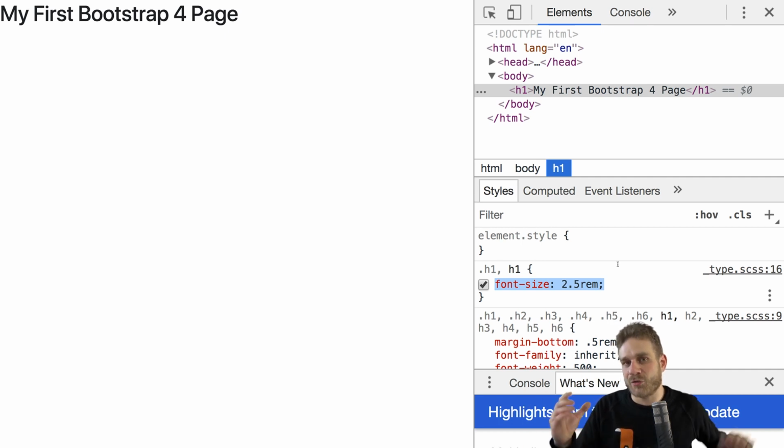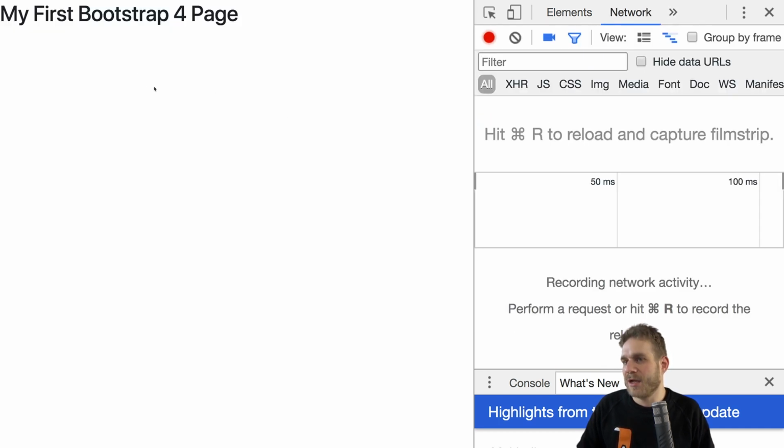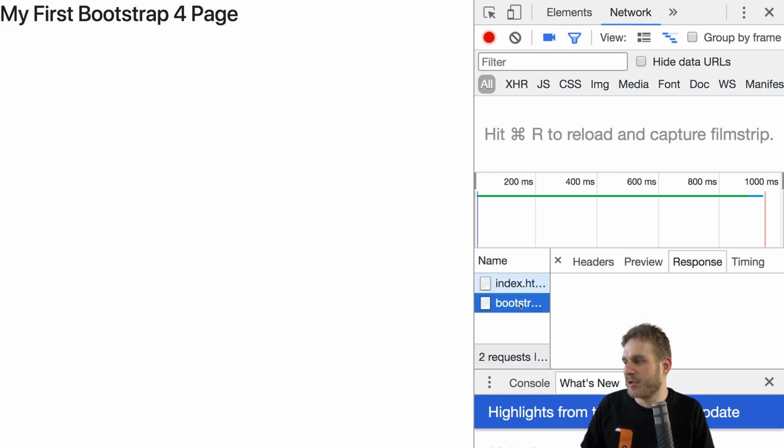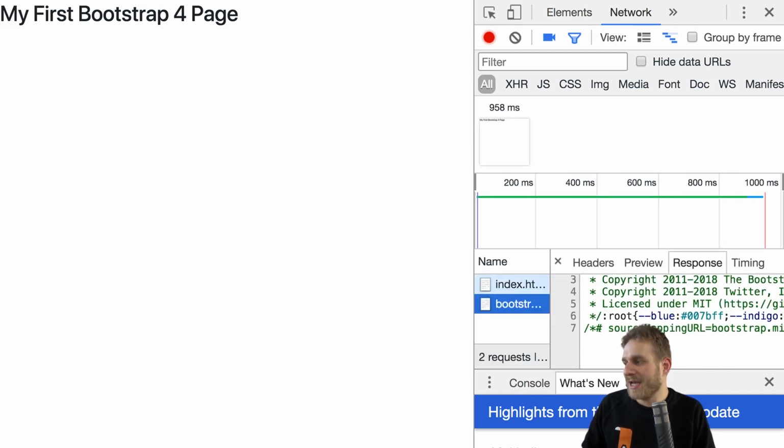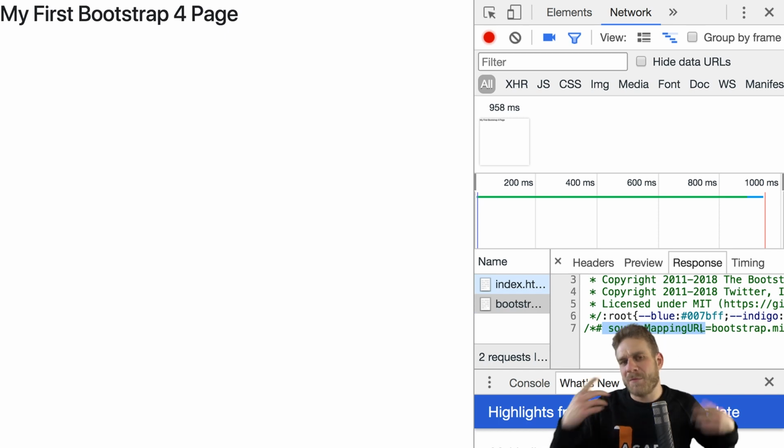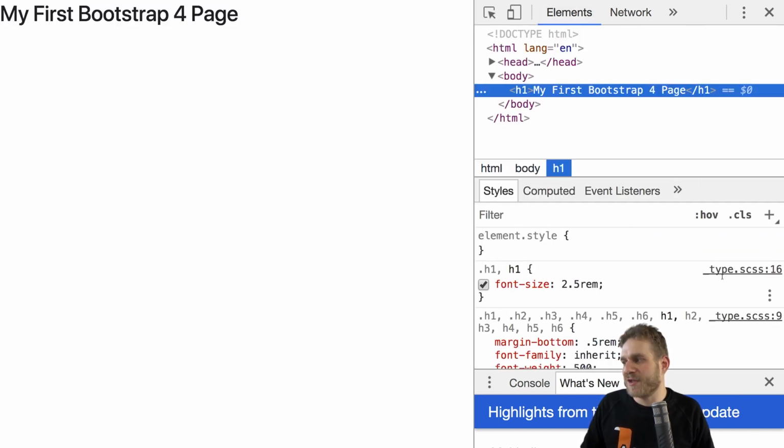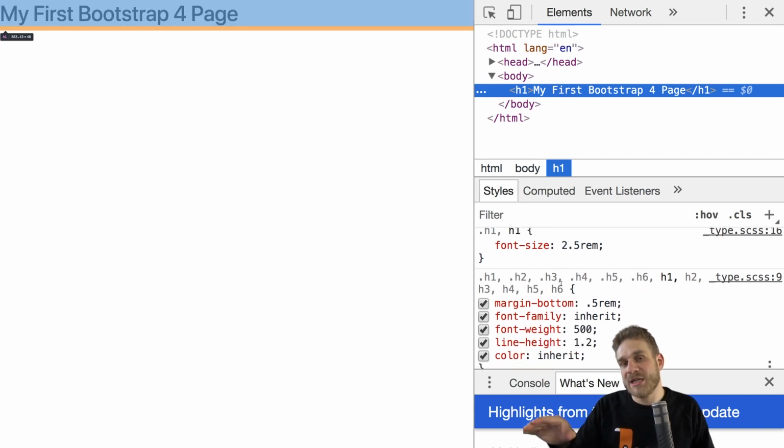Now, we didn't download the raw source code, but the compiled and optimized CSS file, which actually gets downloaded from the CDN, as you can check by visiting the network tab, by the way. If you now reload the page, you will see here, that's the Bootstrap file that gets loaded. It contains source mapping, which is simply information that allows the browser to translate the compiled code to the raw code. And it therefore also shows a reference to the raw code here in this inspection tab. But the core takeaway is what we see here is coming from Bootstrap. This is not the standard browser style, so we successfully imported Bootstrap.